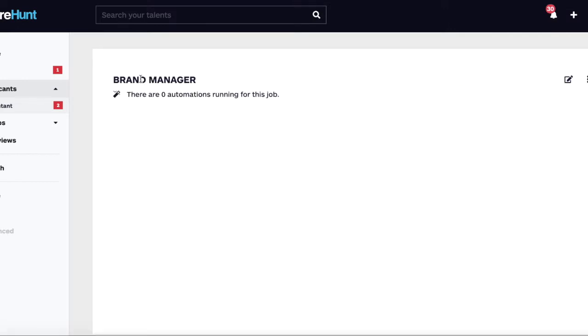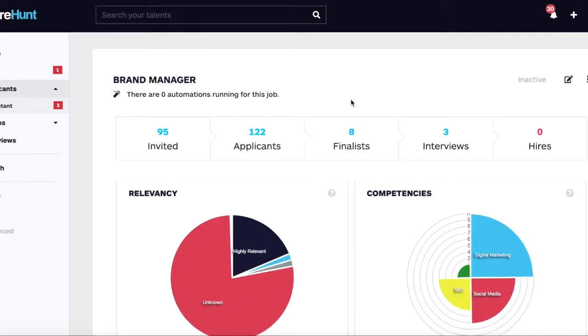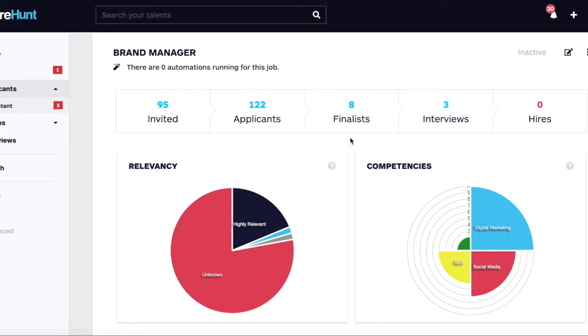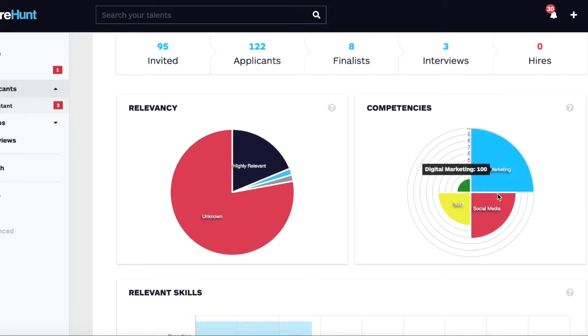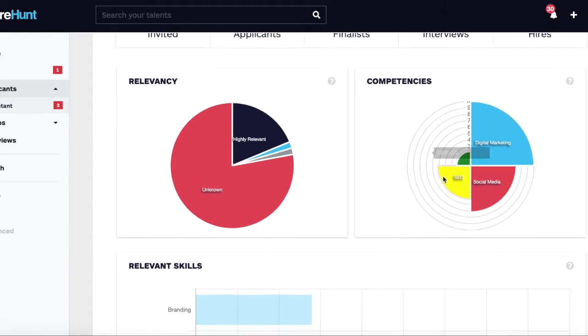The second thing you're able to see are the overall statistics of the job. So this is the pipeline of the application itself. You're able to monitor the conversion rate of every part of the pipeline. You're able to see the statistics about the competencies selected for this job versus the actual applications that came in,